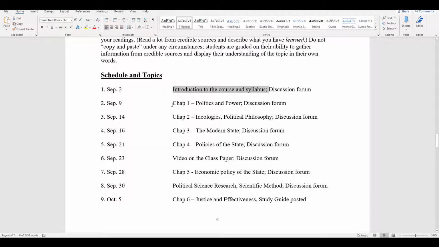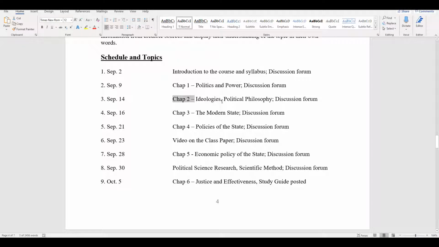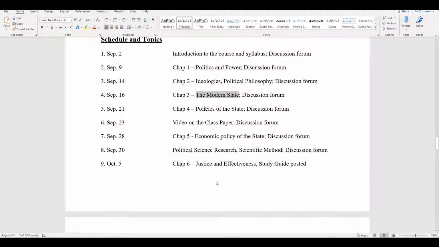So then we're going to get right on into the textbook, so you want to read that along with these video lectures. First one, we talk about Chapter 1, Overview of Politics and Power. Then Chapter 2, Ideologies and Political Philosophies. Chapter 3, looking at the modern state, and then Chapter 4, Policies of the State. And then on September 23rd, I want to post a video that just gives a general overview of the class paper,